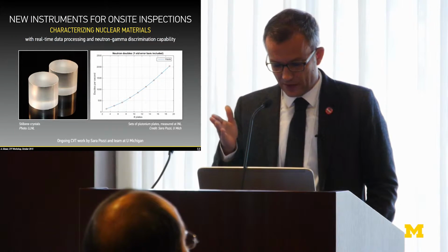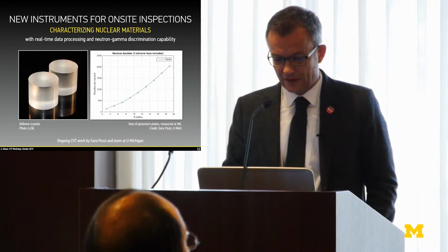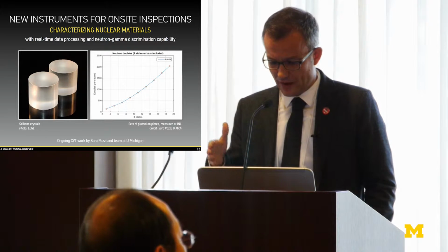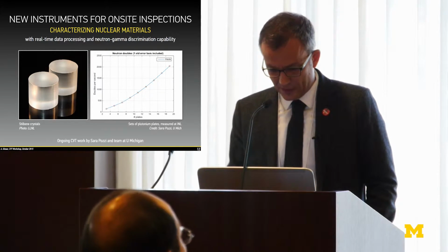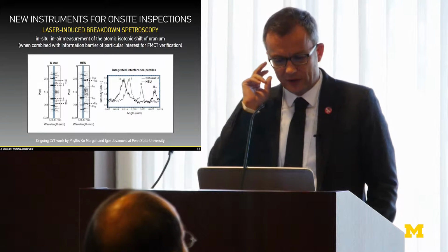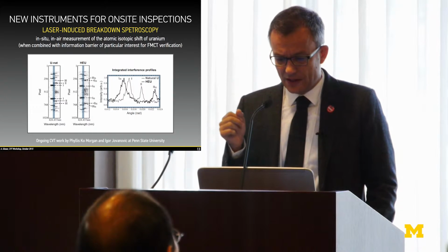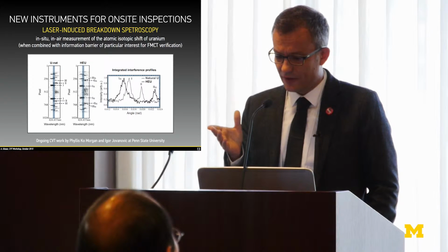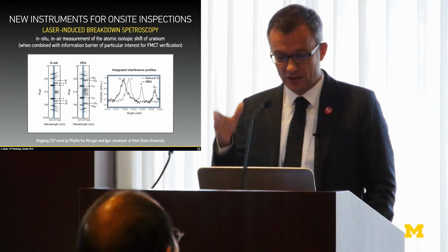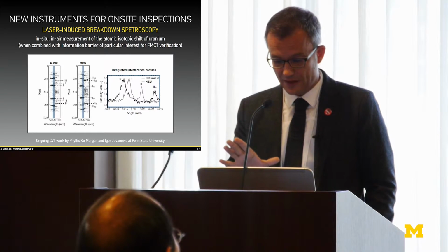Examples, this is work done in Sarah's group. I think Angela is going to present this tomorrow, and I think you moved from liquid scintillators to solid scintillators and have real-time data processing capabilities and can now discriminate neutrons from gammas and get, for example, mass in real time. So that's one development, and I think it's going to be relevant. Second, this is Igor Jovanovic's group at Penn State University, laser-induced breakdown spectroscopy. They are able to distinguish HEU from low-enriched or natural uranium with LIBS. And again, this would be particularly valuable if combined with an information barrier, for example, to confirm in a facility that no UF6 is present. If you could confirm there's uranium, but you can't find fluorine isotopes or elements at the same time. So that's exciting work,